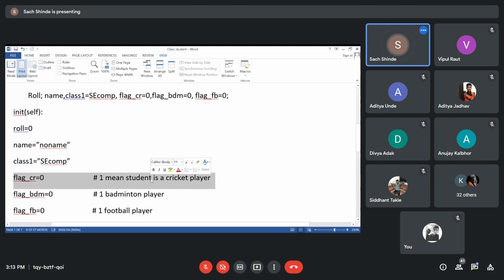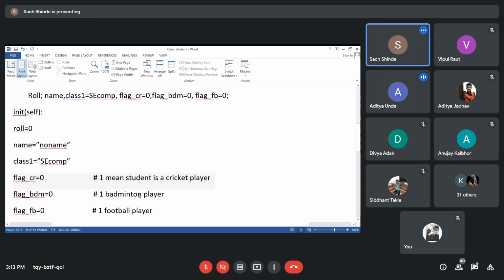Everyone understood this statement? Okay. So if we specify CR equal to 0, it simply means the student is not a cricket player. And when we set CR equal to 1, that means he is a cricket player.